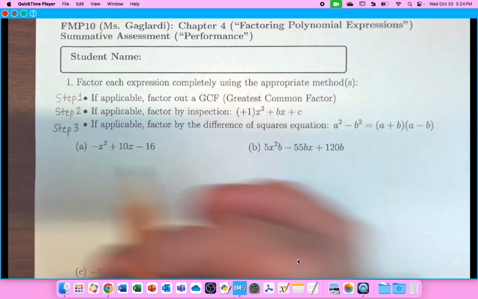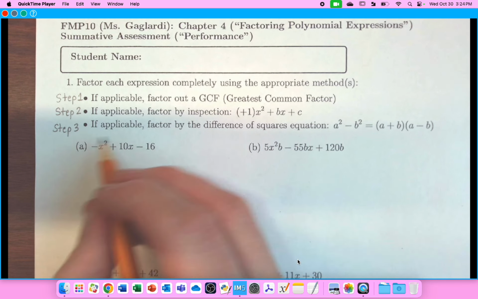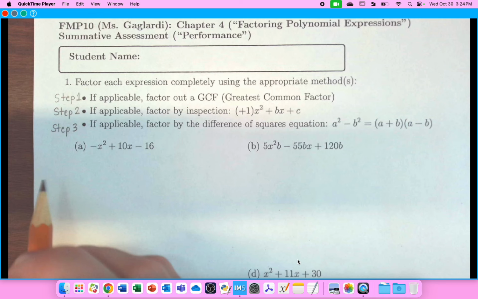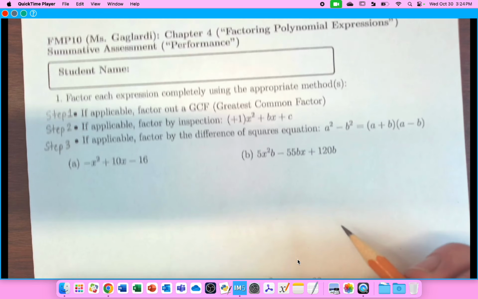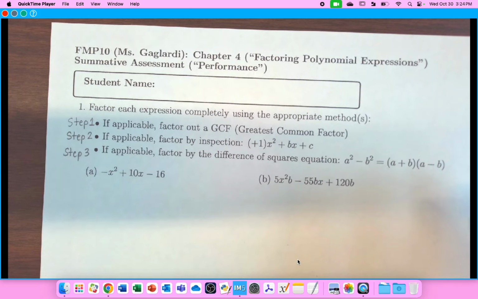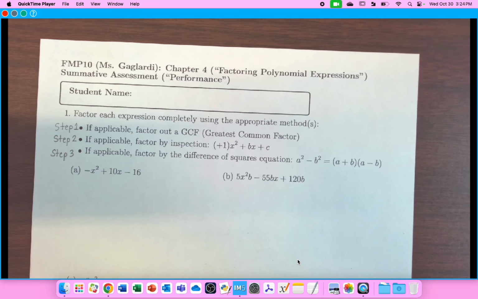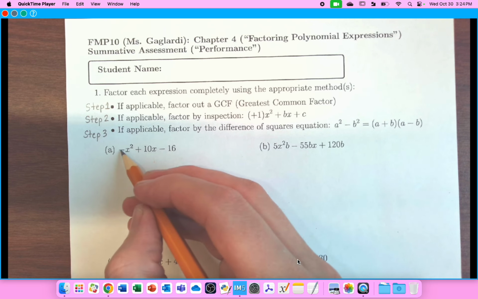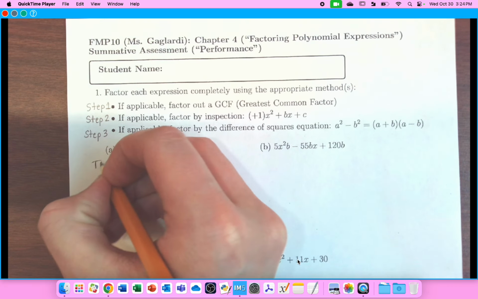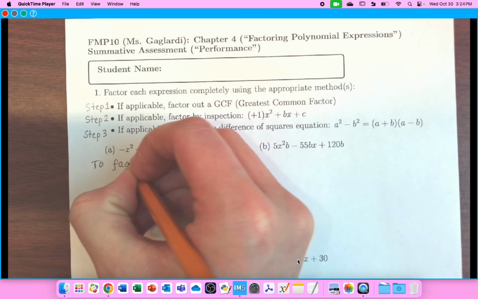So there's not necessarily a greatest common factor here, but I'll just see if I should. So when I look at this one, to factor by inspection,